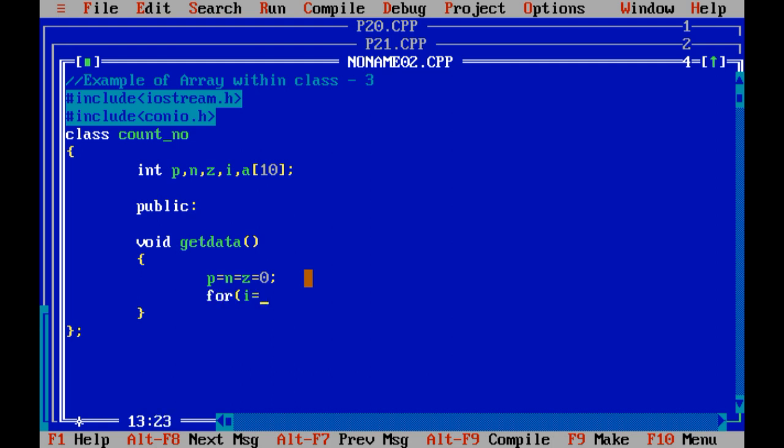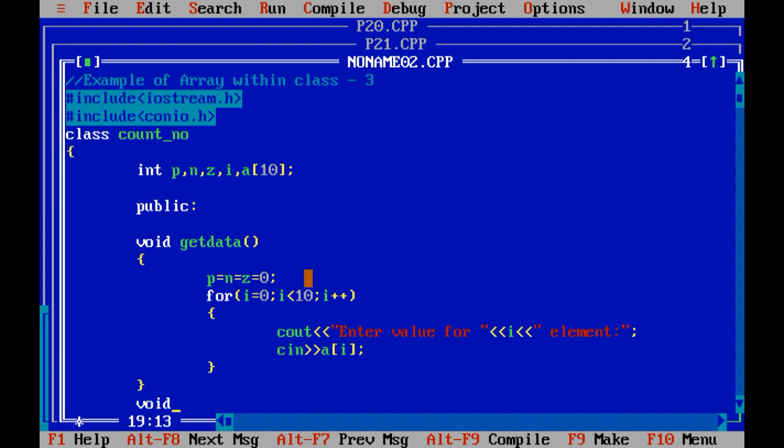For i equals to 0, i less than 10, i plus plus. With the help of get data we are able to enter values of variable a. We need to input 10 values. Enter element, cin a of i.